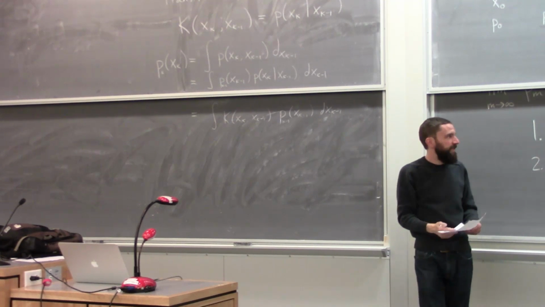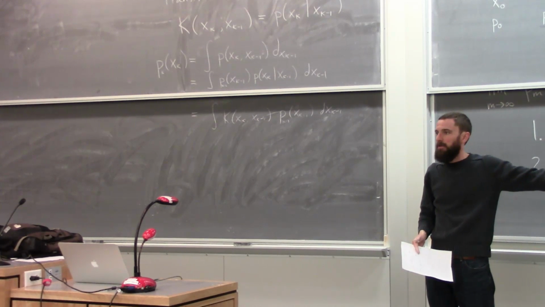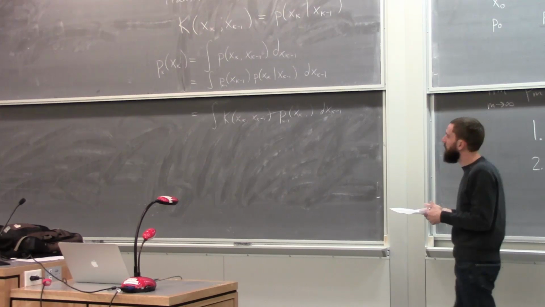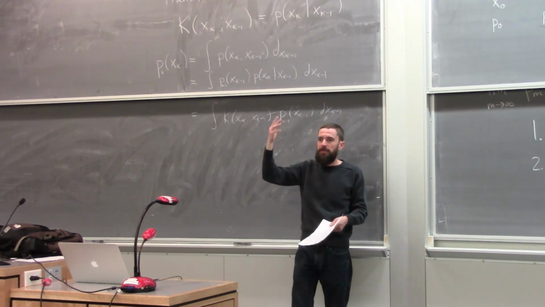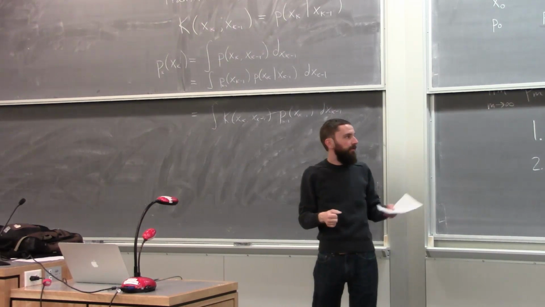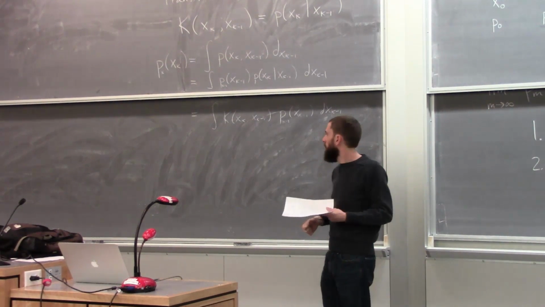So it really is just the infinite dimensional version of this matrix operation here. Okay, and these infinite dimensional kernels here also can have eigenvectors and eigenvalues, and a very similar, at least in spirit, kind of argument